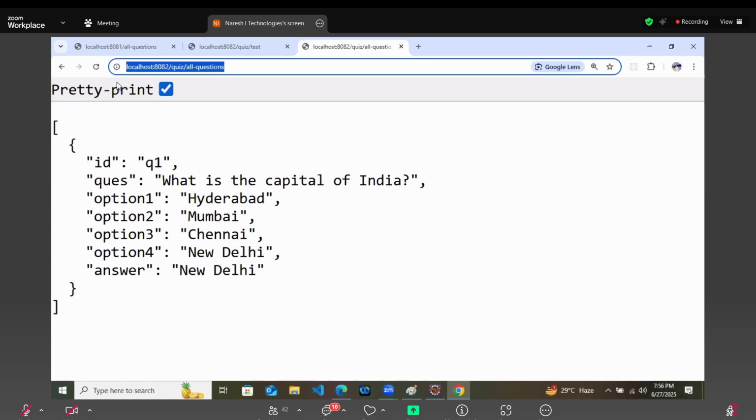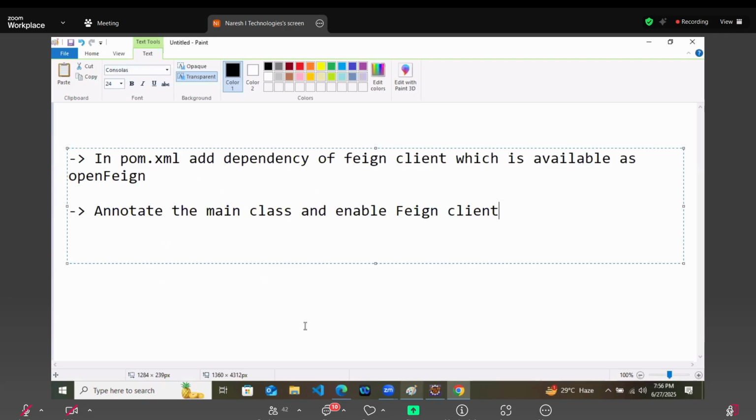How is this communication going on? Even the 8082 project does not have this database linked to it. It does not have anything. So it's possible because of Feign client. Whatever the internal code is written by Feign client, you just have to write an interface and mark it as Feign client.